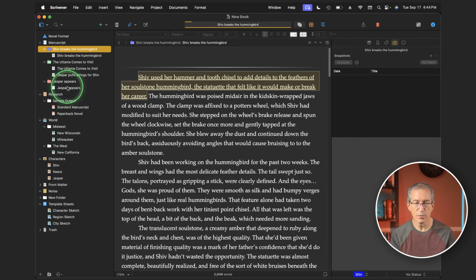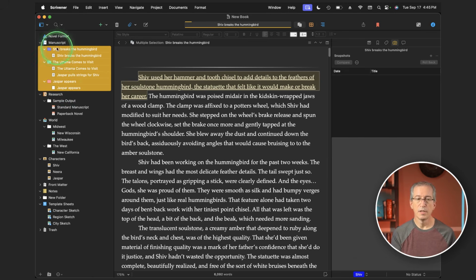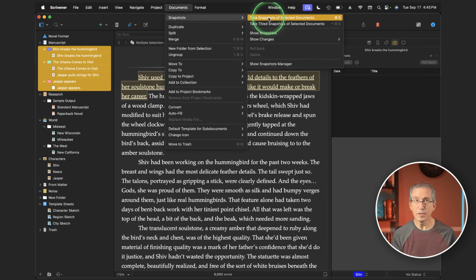And so what I typically do is select the first scene and then all the way to the last scene. Don't select the manuscript. It has to know which scrivenings in particular that you're going to take snapshots of. If you just did the manuscript, it would only take that one. And so I'll go under Documents, Snapshots, and you can either take unnamed snapshots, but I prefer the second one,